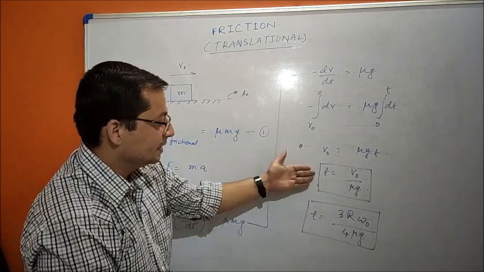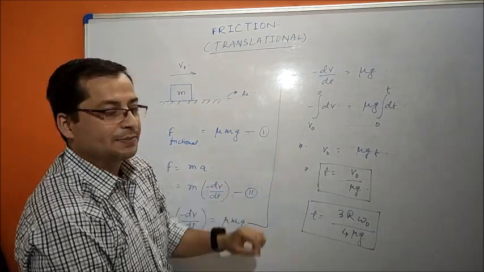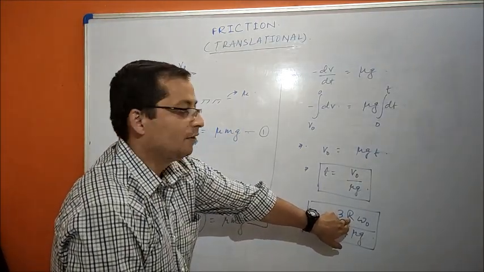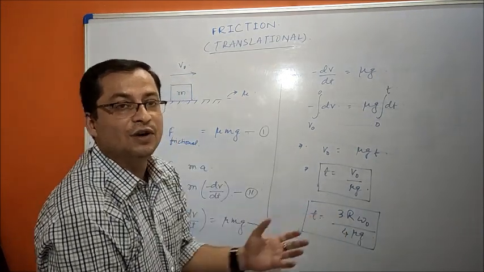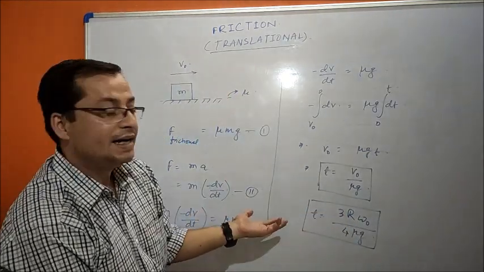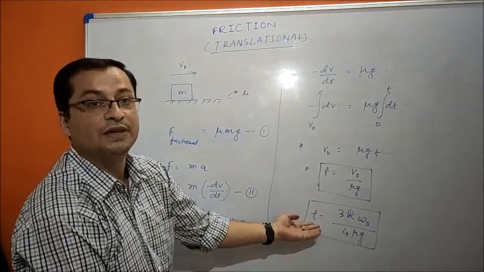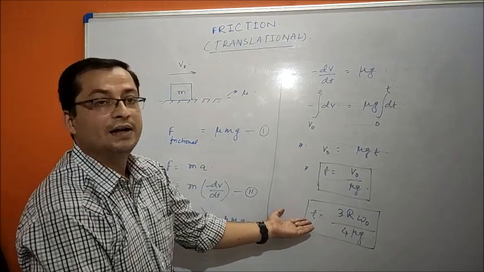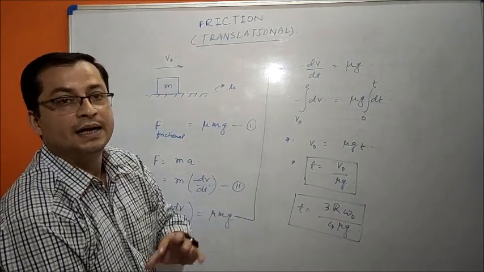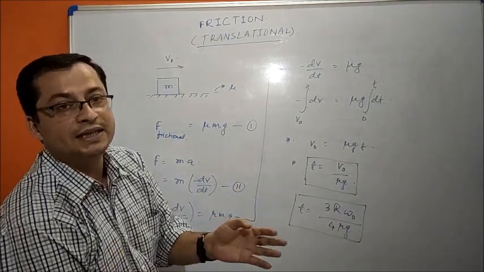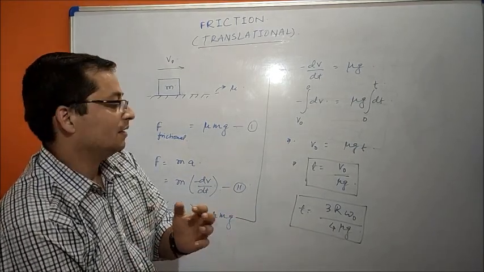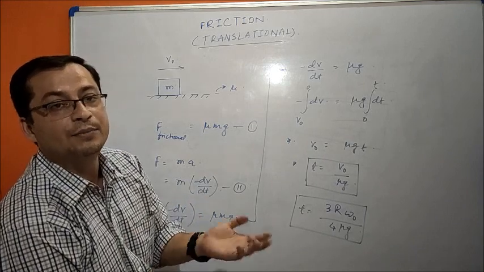Now the major difference between these two time expressions is that this time expression is directly proportional to the radius of the disk, right? So radius of disk is one of the dimensions, the size of the disk, right? So this radius of the disk is deciding how much time would be required by the disk to stop. If you have a larger disk, the time required to stop will be larger. If you have a smaller disk, the time required will be smaller. If you take several disks of same mass but their radii are different, then the disk having the largest radius will require the largest time to stop, right?